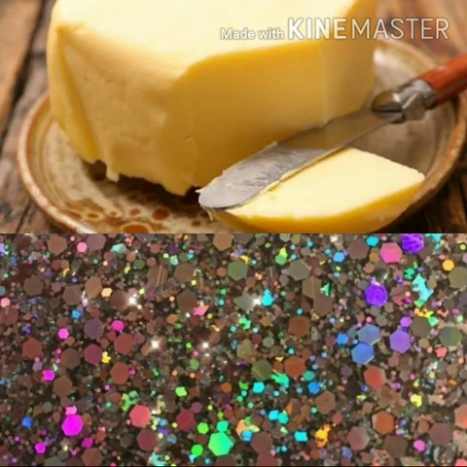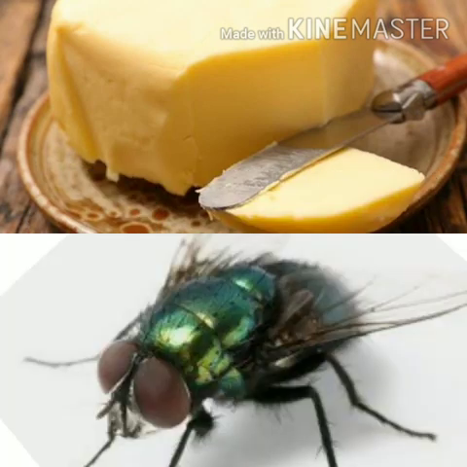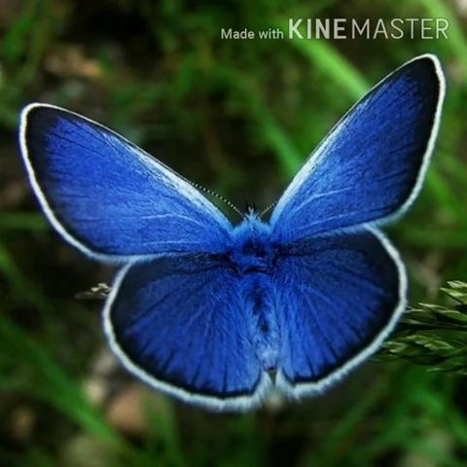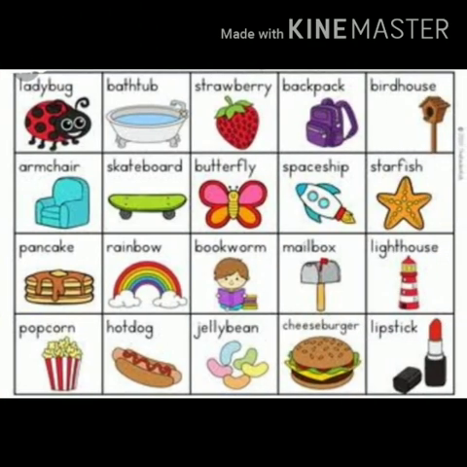Okay. Compound word. See the word butterfly. Butter and fly, both are different words. Butter, we all know that, and a fly also, which is an insect. So when these two different words are combined together and form a new word, butterfly, the meaning is totally changed. The new word comes with a new meaning. That's what a compound word is. And here are some more examples for that, like ladybug, starfish, rainbow, lipstick, etc.